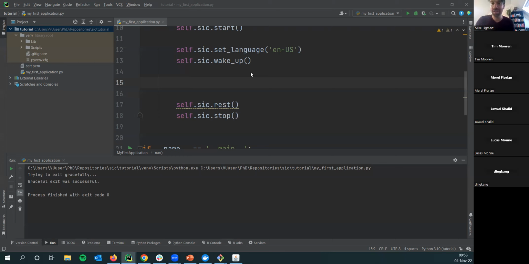So that's a nice bridge for the next segment, and that is callbacks. So in the example,